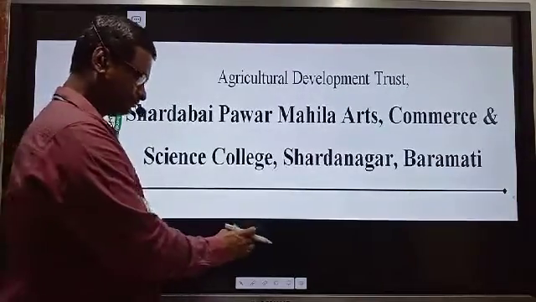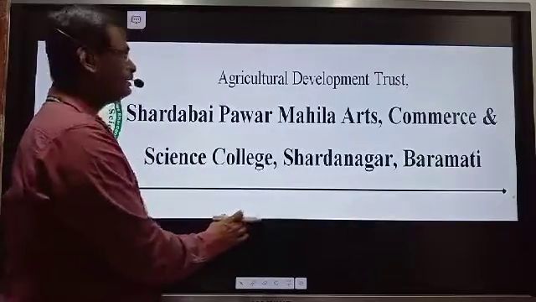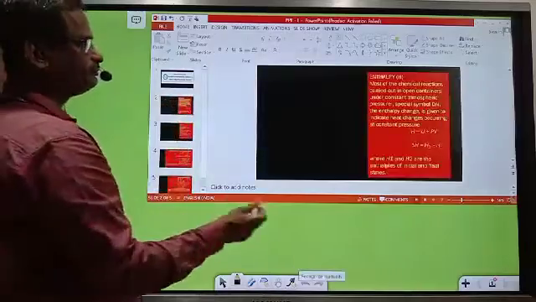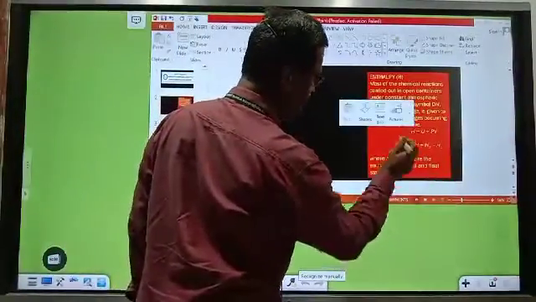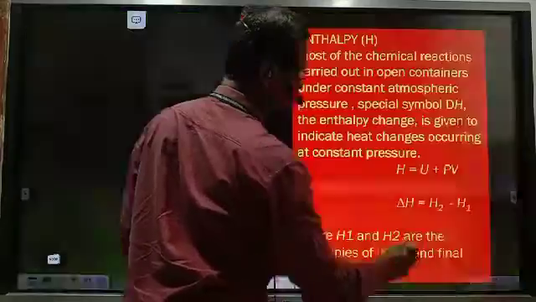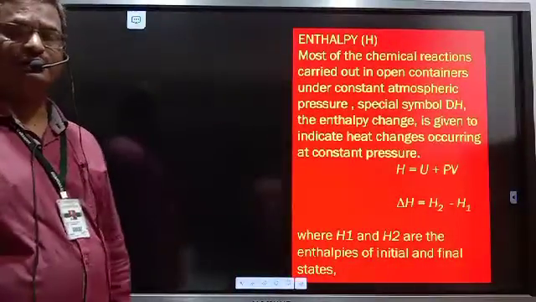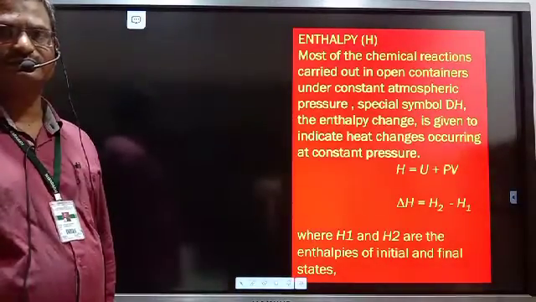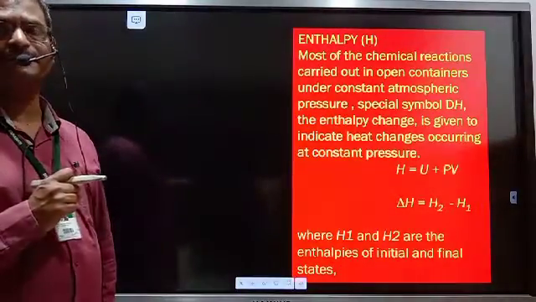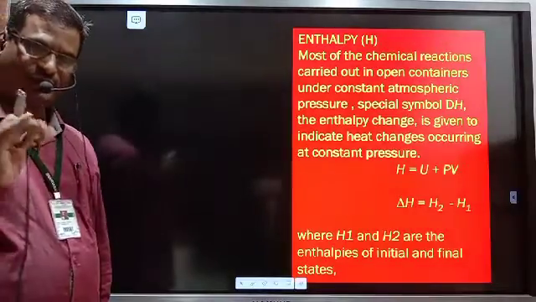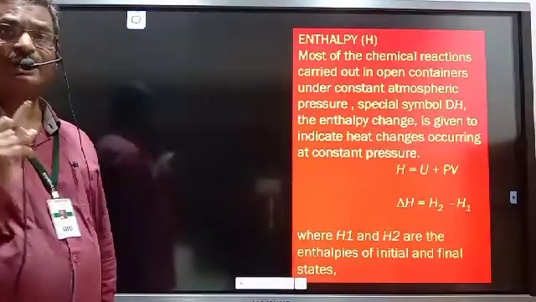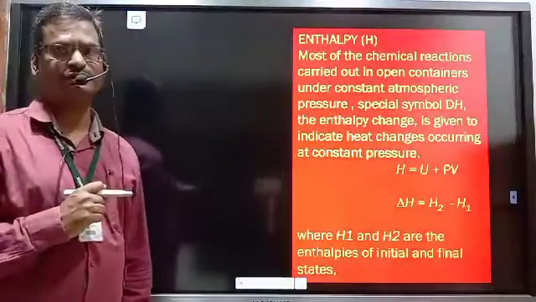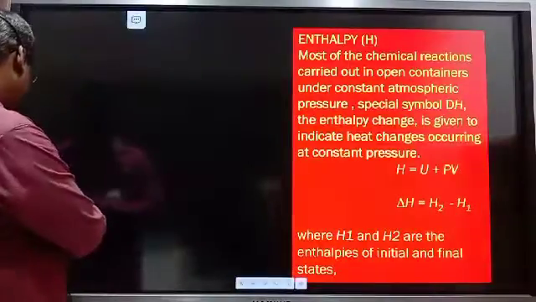And in this lecture we are supposed to study enthalpy, then enthalpy for different types of processes, and the relationship between heat absorbed at constant pressure and at constant volume, and finally work done during chemical reaction. These are the points we have to cover over here. So let us see it one by one.